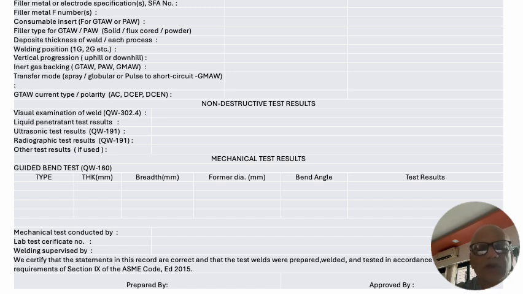The frequency of the output, that also is good to record, which is not given in the format, but good. Machines will give you the frequency of the output, and the frequency makes a huge difference. Today the welders are very fortunate that they don't have to use very traditional machines, and contemporary electronics in the machines is giving a huge flexibility to the welder to improve his